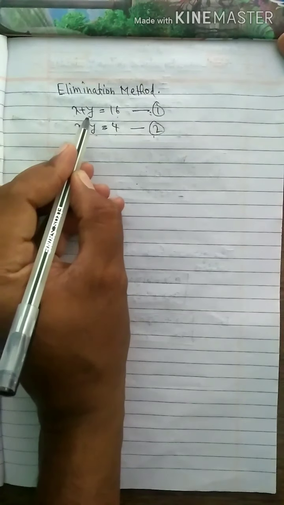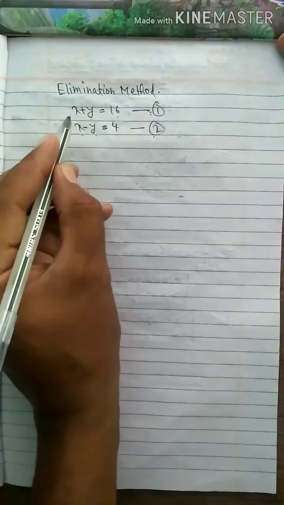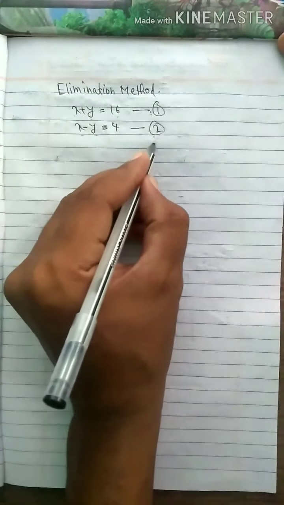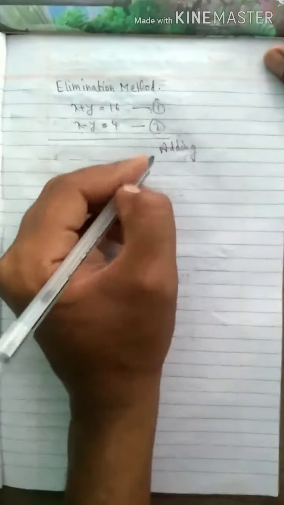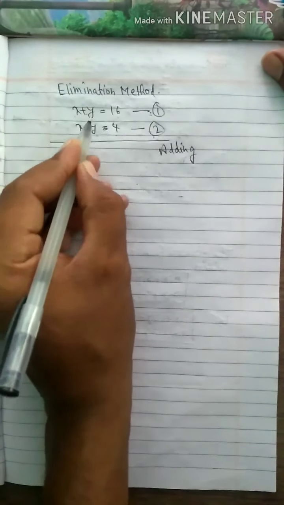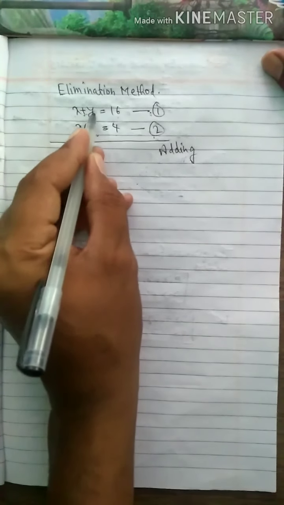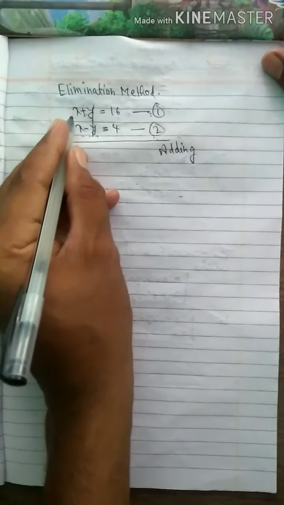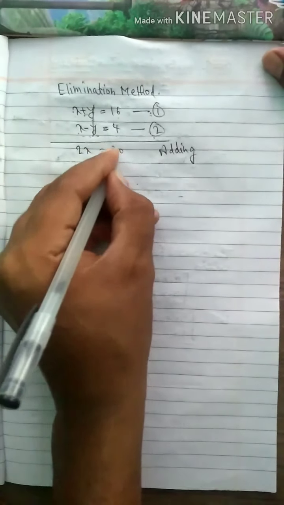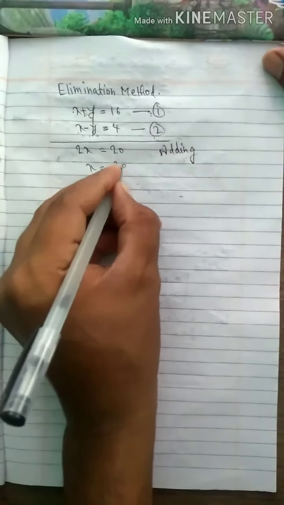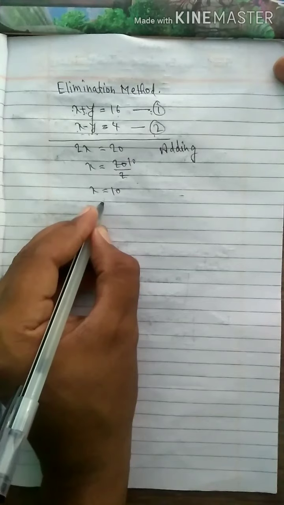That is, students, here we have to cancel one variable out of the two variables. So now see here, if we add both equations, plus y and minus y are the same y, one positive and one negative. If we add both equations, this will be cancelled out. And now simplify this: x plus x is 2x, and 16 plus 4 is 20. And now x equal to 20 upon 2, x equal to 10. And now here we get x equal to 10.